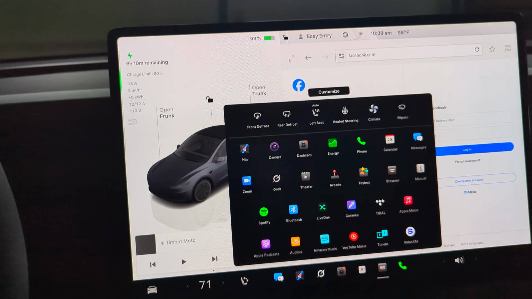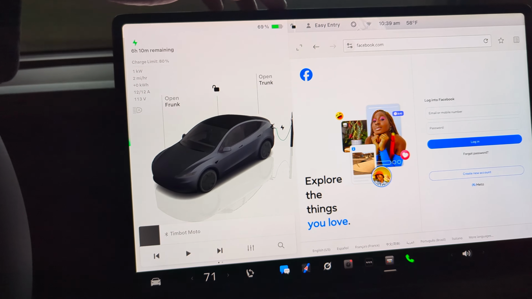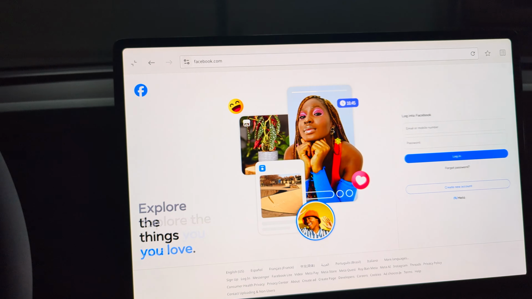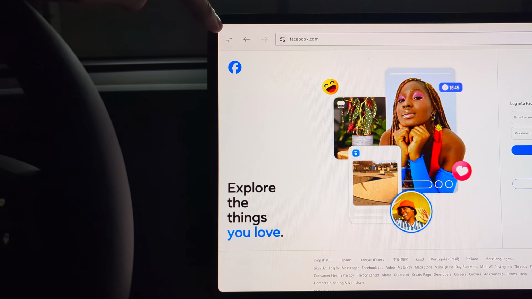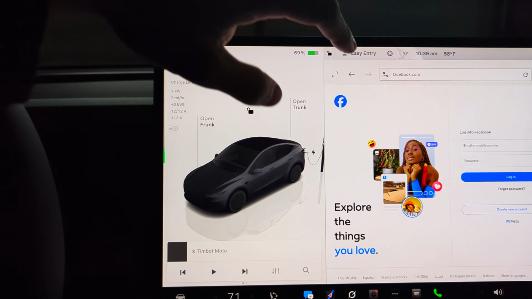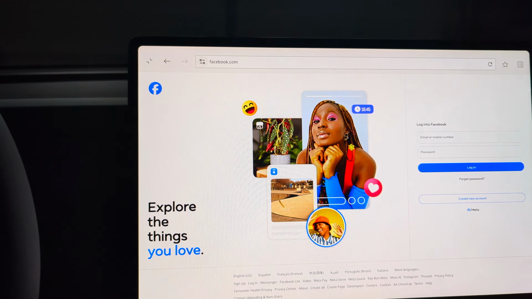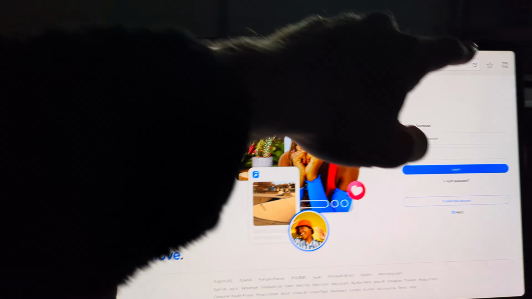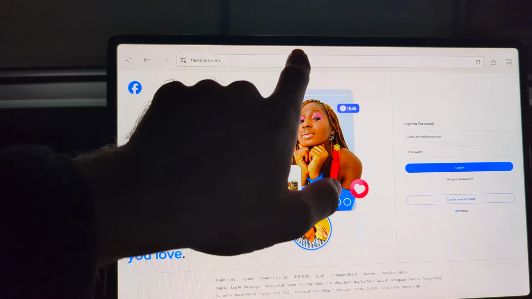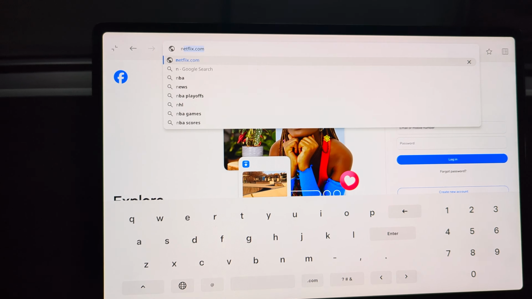There's not many apps to choose from, so it should be easy to find. And then we can make it bigger by going to that little option right here in the top screen. So we can just press this, make it bigger, smaller. And this is just Facebook, and you can go to your favorites right here. It's a very basic web browser. So one of my favorite websites is